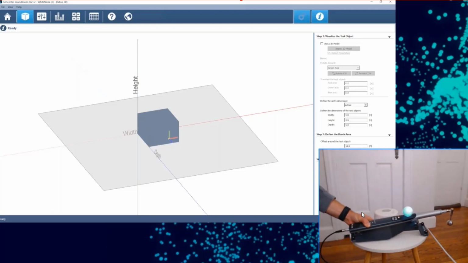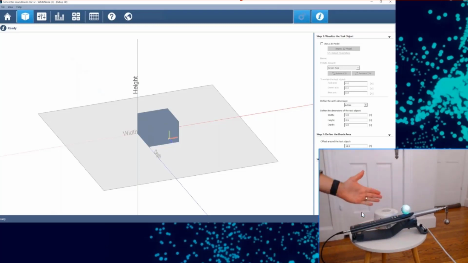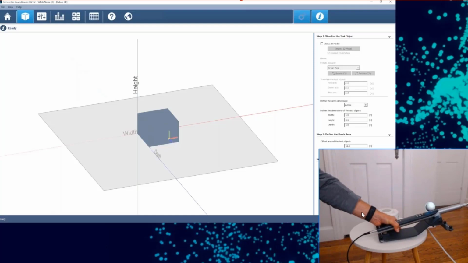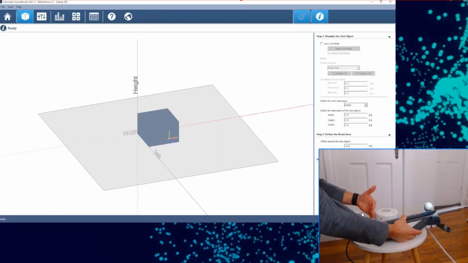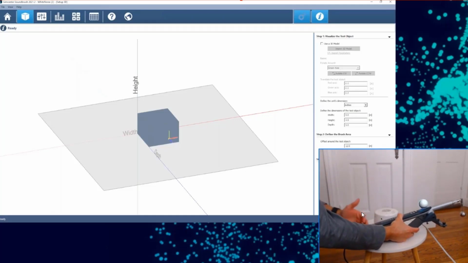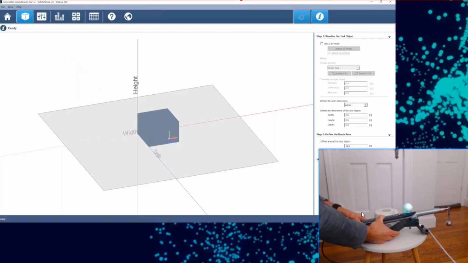If I were to place this stand up against the front edge of my object, and then bias it all the way over to the left side of my object, so that this edge and the bottom of my stand are aligned. Got a tough viewing angle here, but then that reference point is automatically properly located, okay?